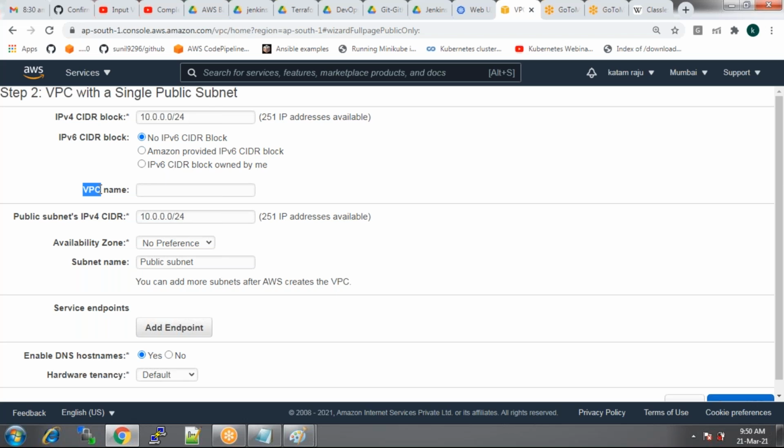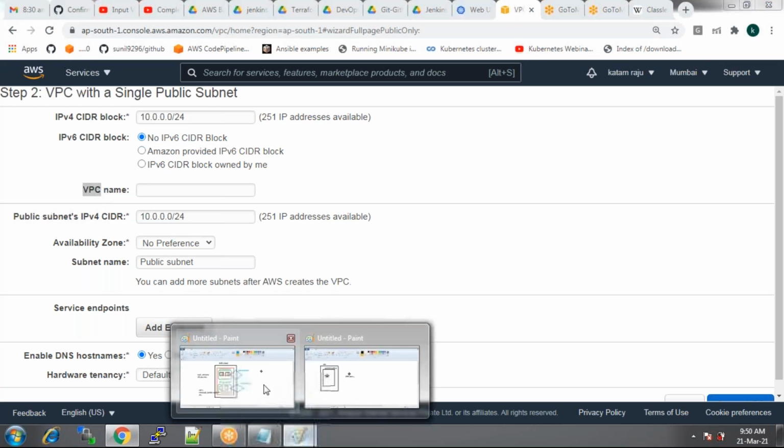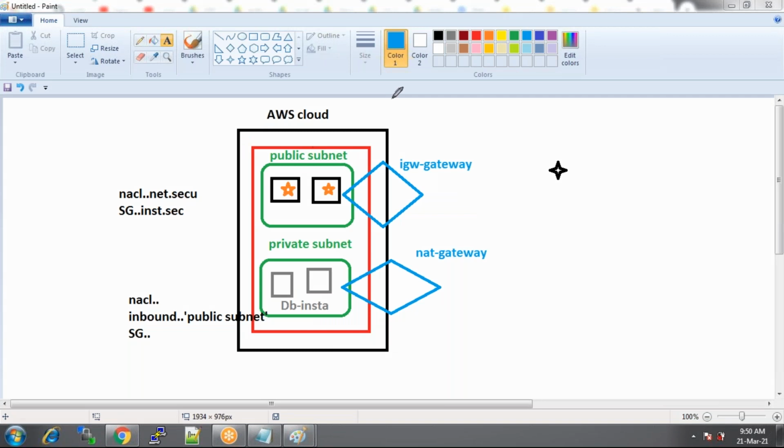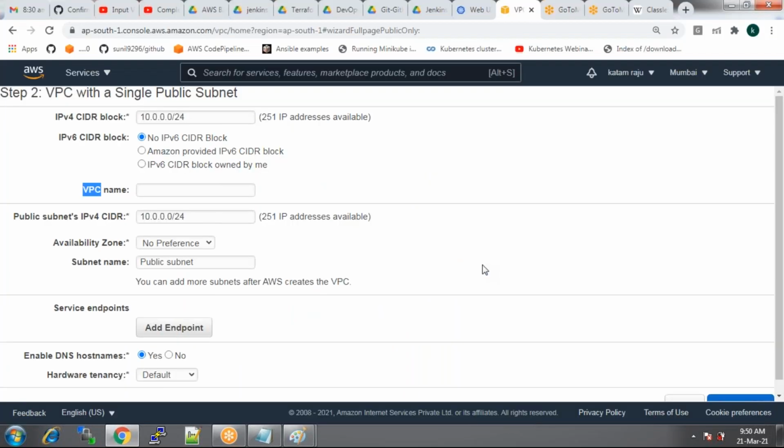Now, the same way, VPCs have subnets, right? Within the subnets, we have instances. That means even subnets also have CIDR blocks. So remember the architecture again. We have the VPC, then we have the subnet, and within the subnet we have instances. Firstly, we are providing a CIDR block for the VPC. Then we can also provide CIDR blocks for the subnets. Okay, good. So what is the CIDR block for the VPC? Class C, which is /24.